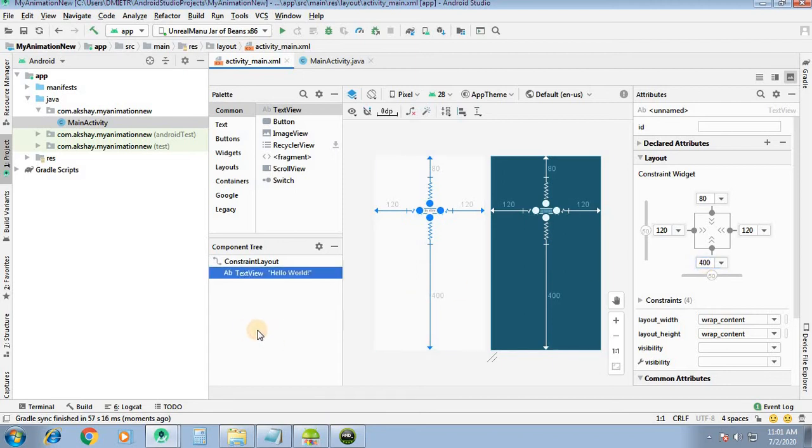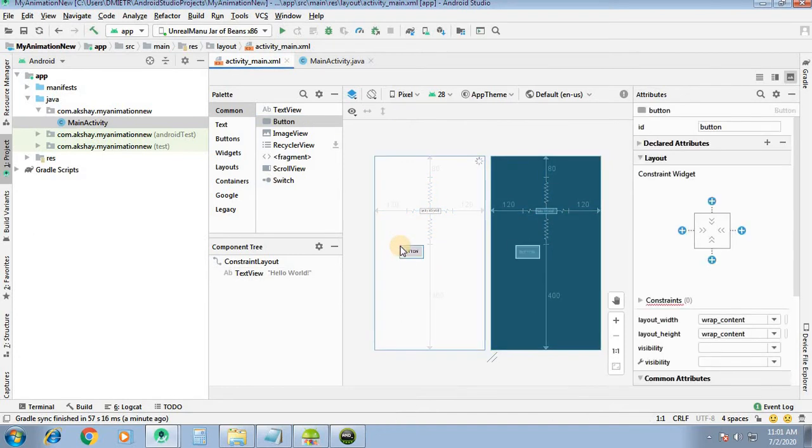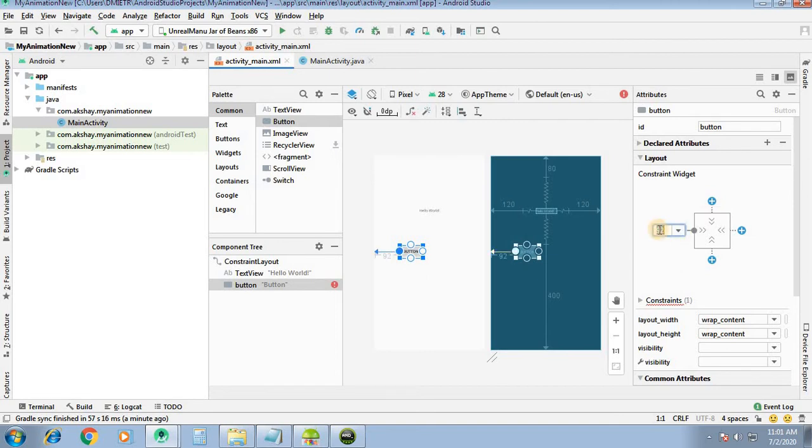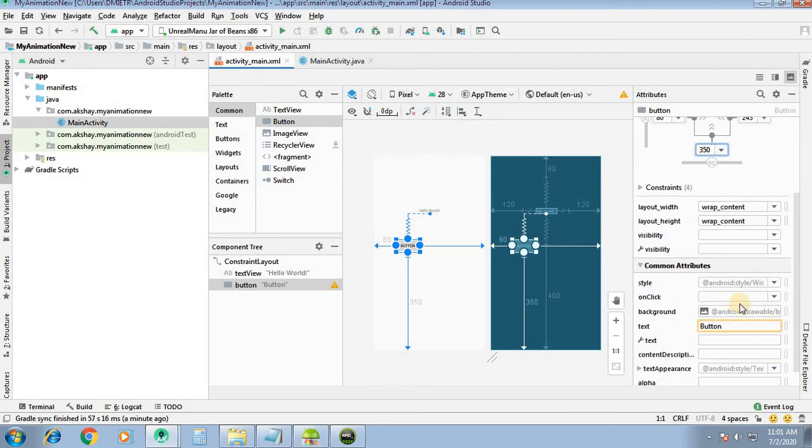Then we will add buttons. So here the first button I am dropping. From this side we will have 80, upward it is also 80, from down it is 350, and here the fade in effect.